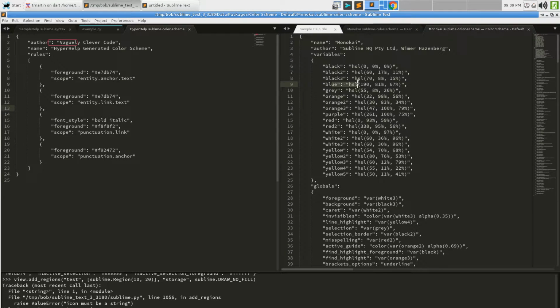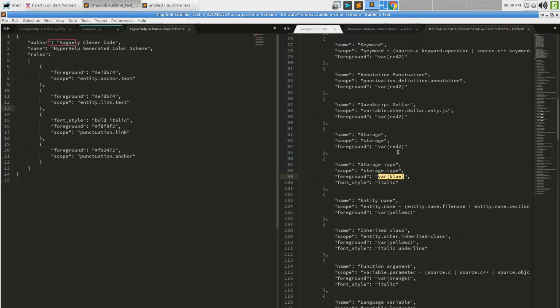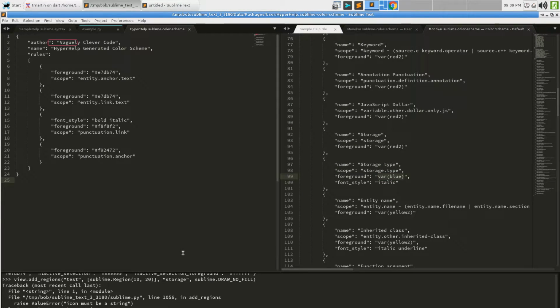Probably, oh, sorry, that one has one, right? So if that says blue as a variable, then if I searched for var blue, we can say storage.type, right? All right, so that's something I can do. I can change it to storage.type, and now it should be a blue box instead.